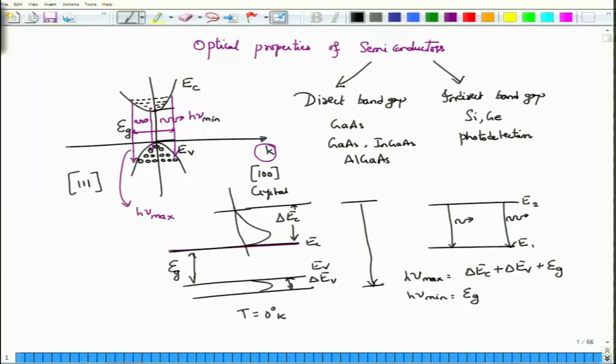But the peculiar property of the semiconductor is that this spread actually increases as you go to higher temperature. So as you go to higher temperature, both the values of delta EV as well as delta EC will increase. So they will be called, let us say, delta EC prime and delta EV prime. Now the frequency spread will go from EG, which is the energy gap, to the new values delta EC prime plus delta EV prime plus the energy gap, assuming that the energy gap itself is not affected by the temperature change by that much.